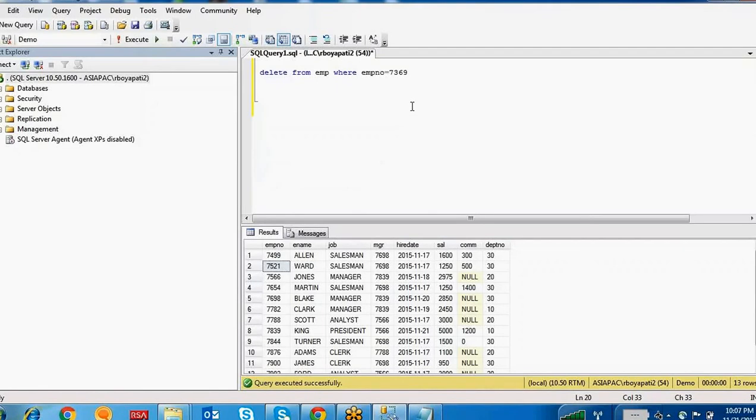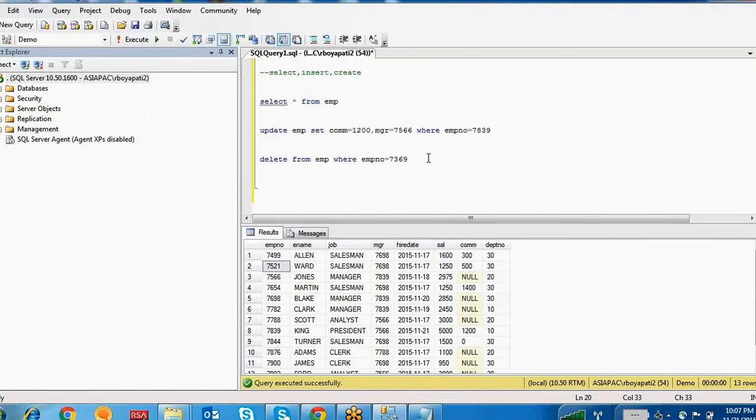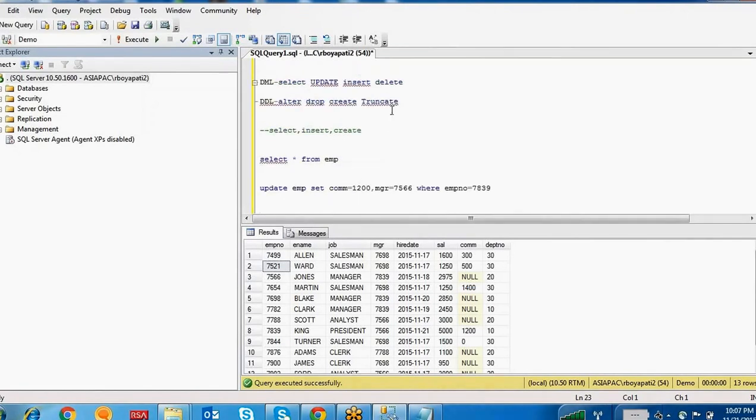If you want to delete a single row or multiple rows by using a where condition, if we want to delete data inside a table by using a where condition, you can use the delete statement. The same functionality is there for truncate and drop also, but these DDL commands don't have a where condition, and if you apply these commands, it will truncate the entire table.